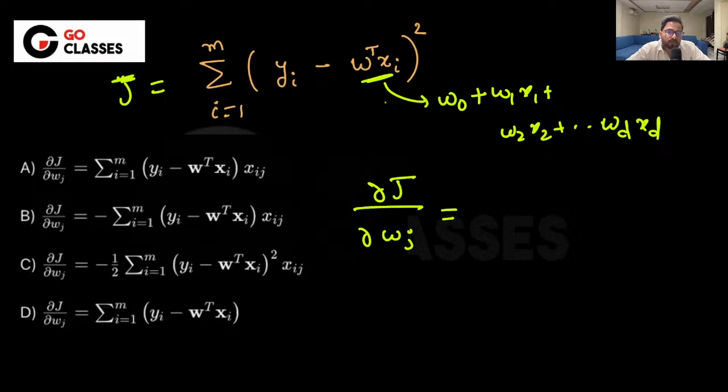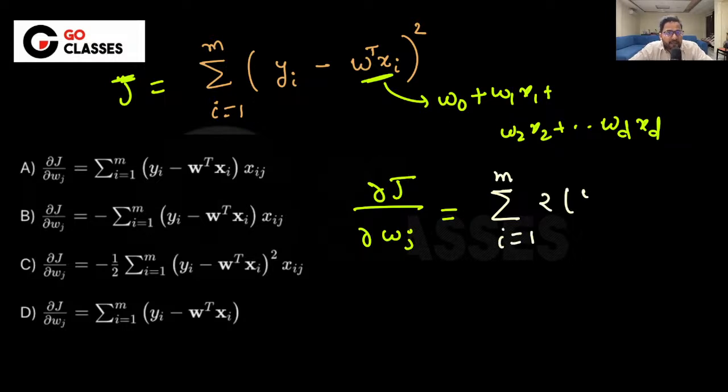Now suppose you want to differentiate with respect to wj or some other w. Doesn't matter. So suppose you are differentiating with respect to w1. Then what will you do? You will write 2 into this same quantity. Don't worry about this summation. You can just put the summation as it is, right? Now it will be basically i equal to 1 to m